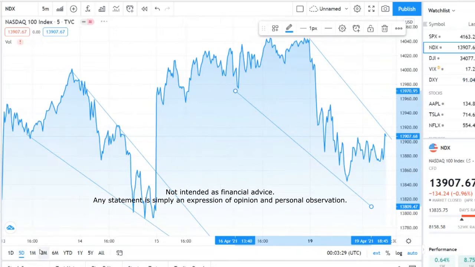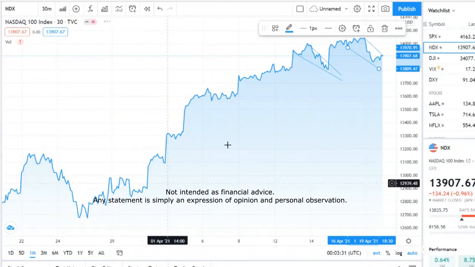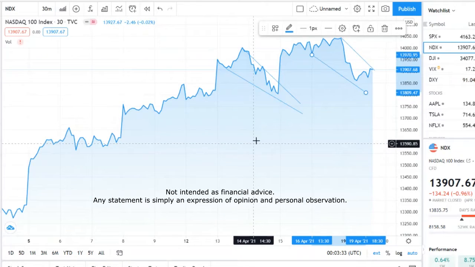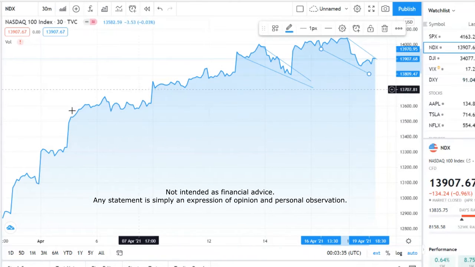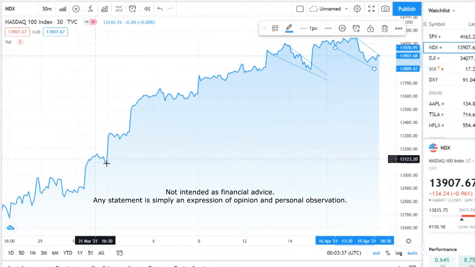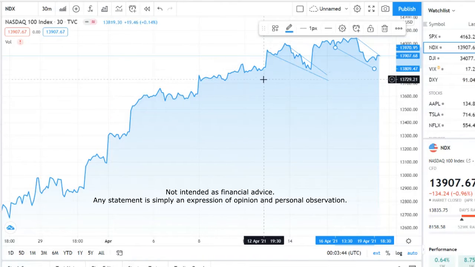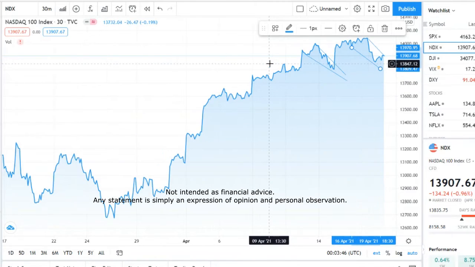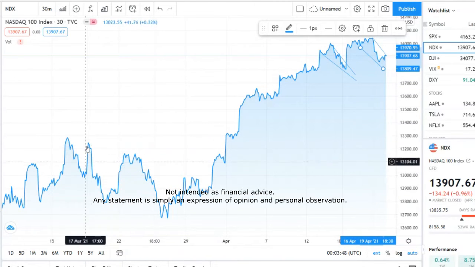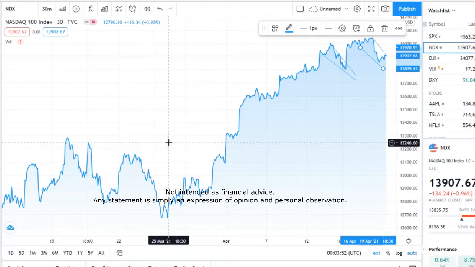If we go to the 5 day, I need to go to the 1 month. If we go to the 1 month, we zoom in here. You can see that every time we've been hitting all-time highs, you have these large amounts of liquidity entering. And to me, what that says is it's probably to do with free-flowing capital and having access to capital and access to margin.